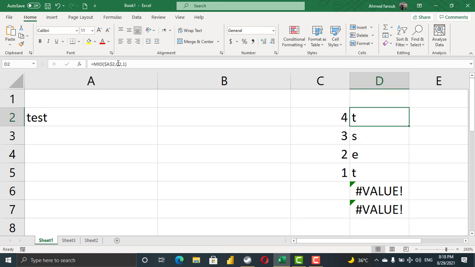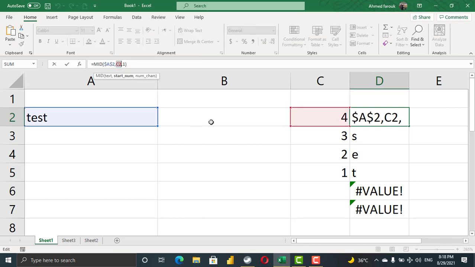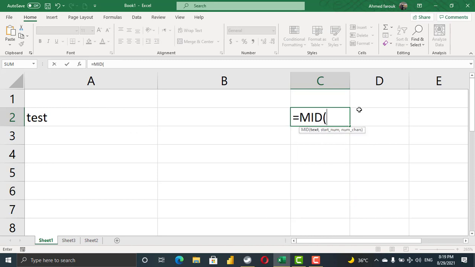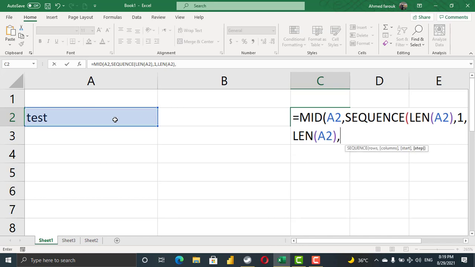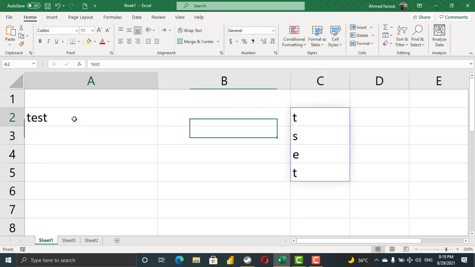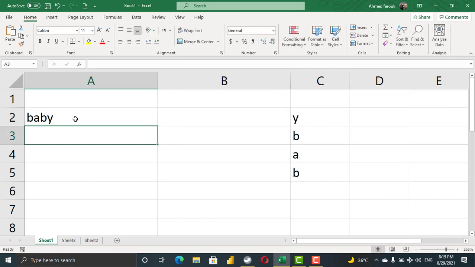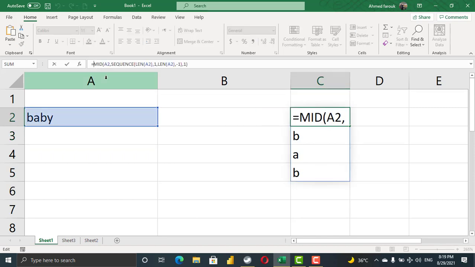So instead of adding reference here, inside mid, I'm going to use sequence. So I'm going to mid in this text, using sequence. Sequence will depend on the length of this text. In the same column, it will start from the length of this text, and the step will be -1. And mid is supposed to take only 1 letter. So now whatever the text I have here, it will be divided letter by letter, in pairs. Now all I need is to put this mid inside concat